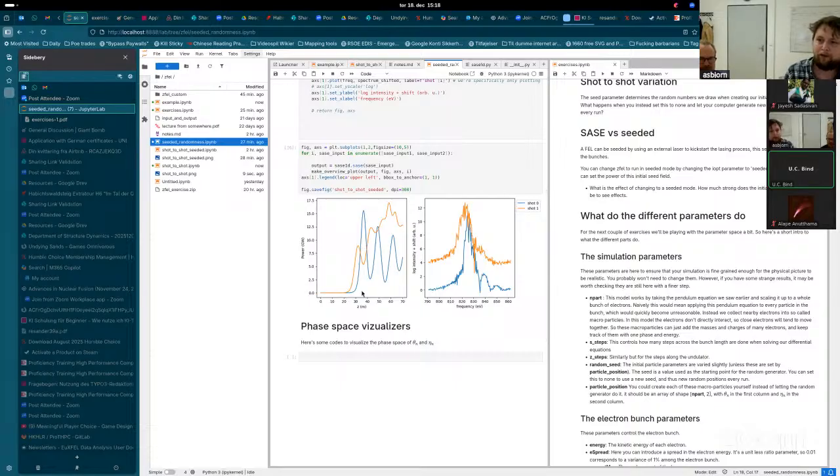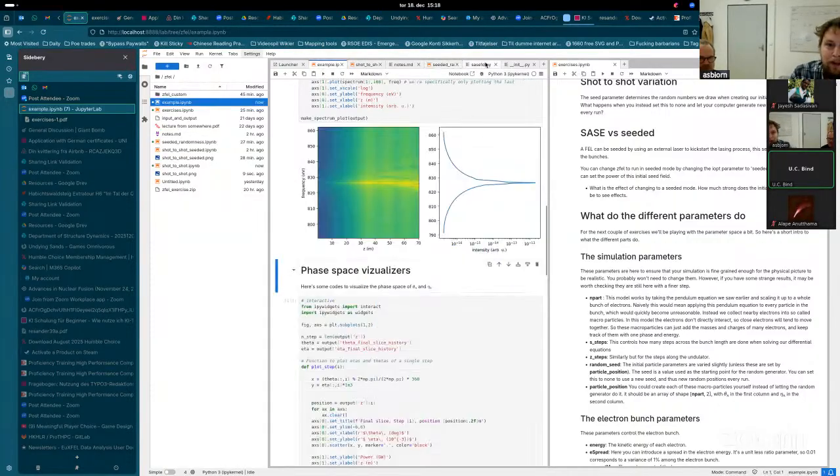This of course wouldn't happen in a real free electron laser, because if you are seeding, you'd still have the possibility of spontaneous emission. But this happens here in the simulation because when we run in seeded mode,